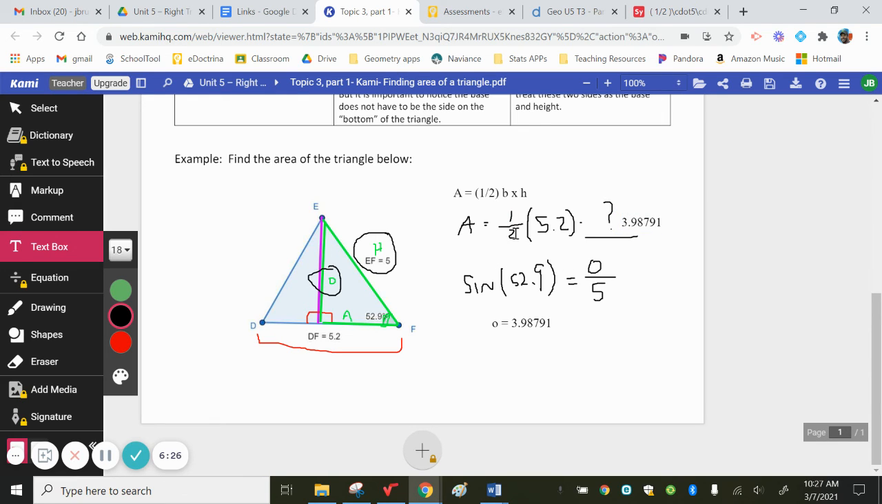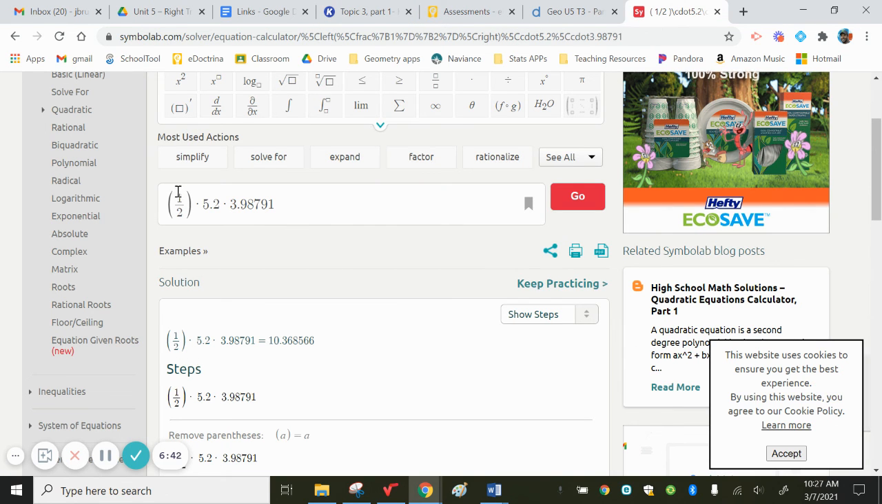So it's 1/2 of my base length, which was 5.2, times the length of the height, which I found to be 3.98791. And now I'll go back to the calculator and find what that is when I multiply it. So I typed in 1/2 times the base length, which was 5.2, times the height length, which was 3.98791, and it says that my area would be about